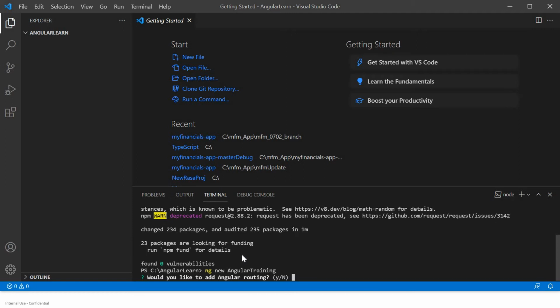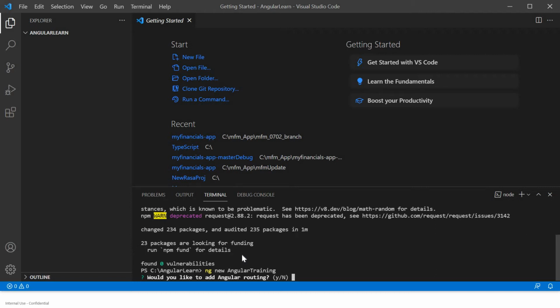So this will be asking you one thing: would you like to add Angular routing? If you want routing, like home, slash contact, you might have seen multiple routings in different websites, right?